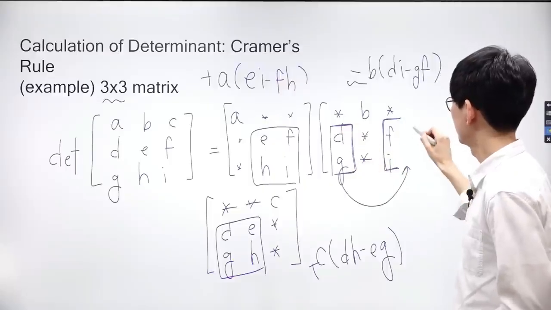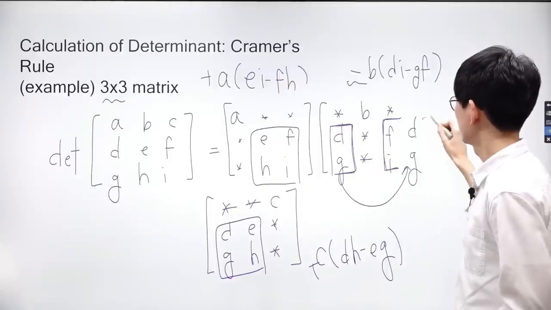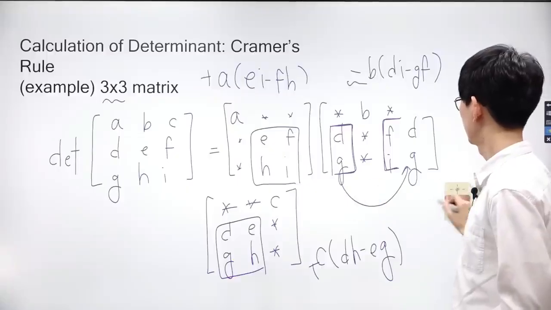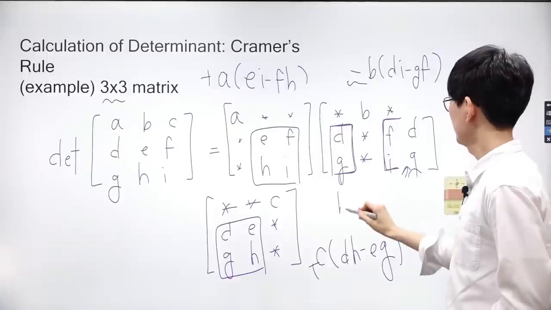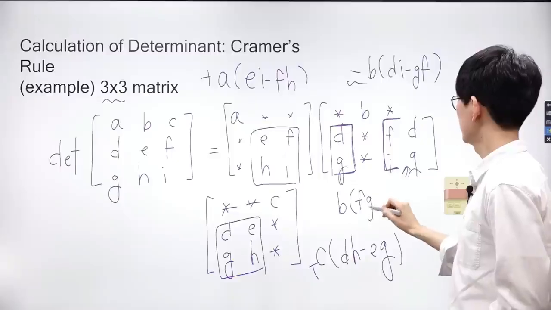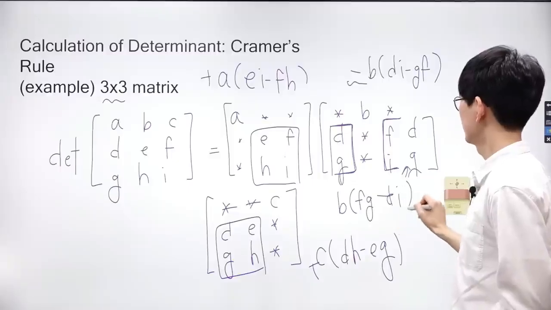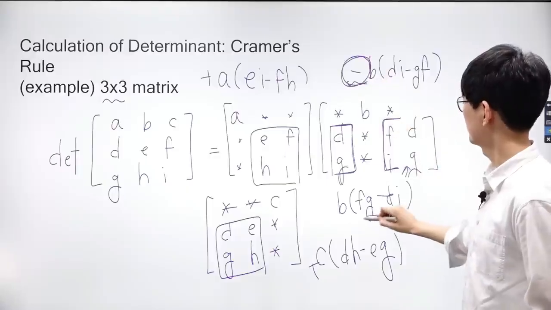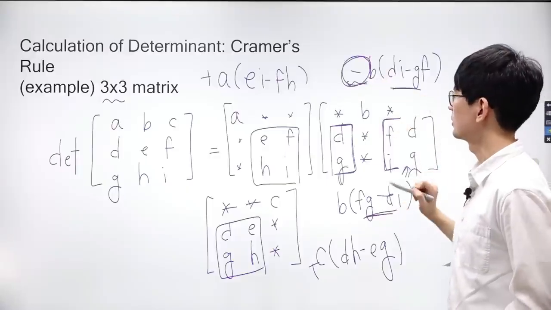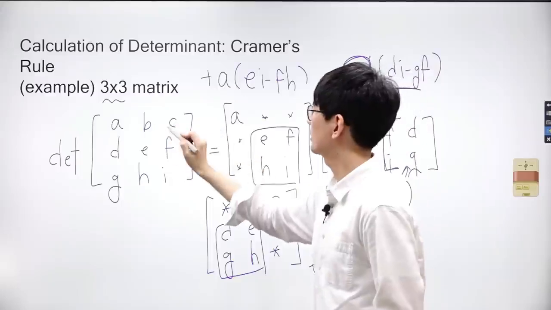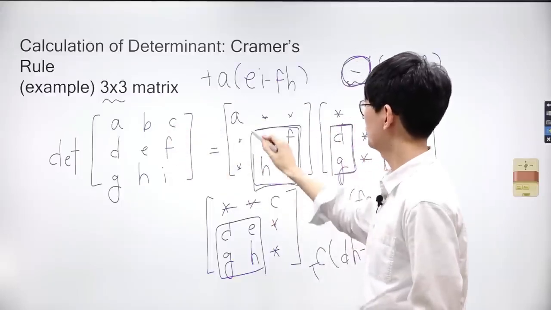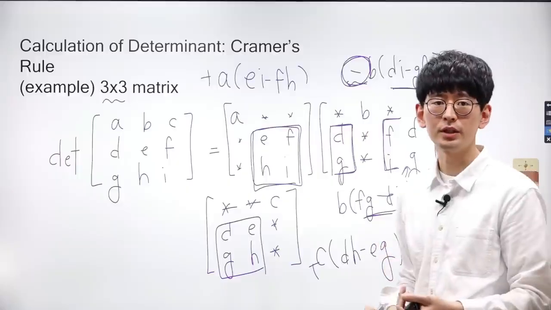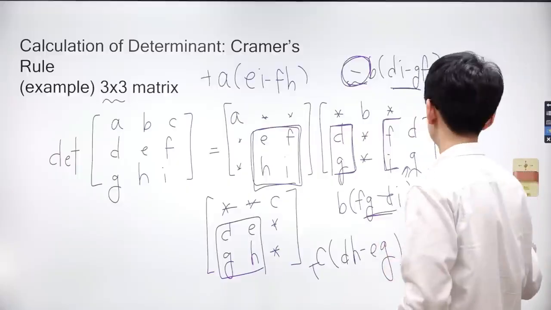Specifically, the 2x2 matrix associated with B in the expansion is formed by the elements F, i and D, g. The determinant for the matrix is calculated as B times (Fg minus Di). We put a negative sign in front of B because the order of Di and Gf is switched. To calculate the determinant of a 3x3 matrix, we split the matrix into 3 parts and sum the results from